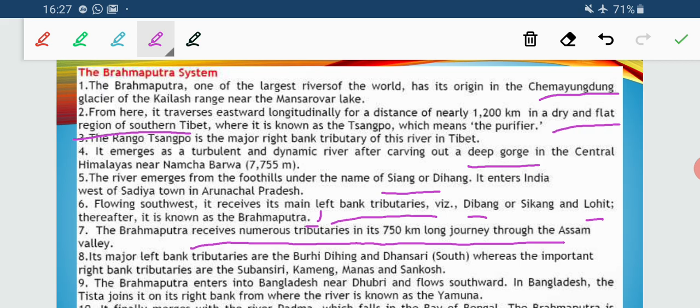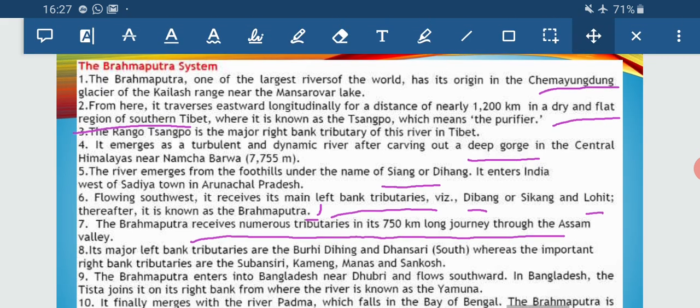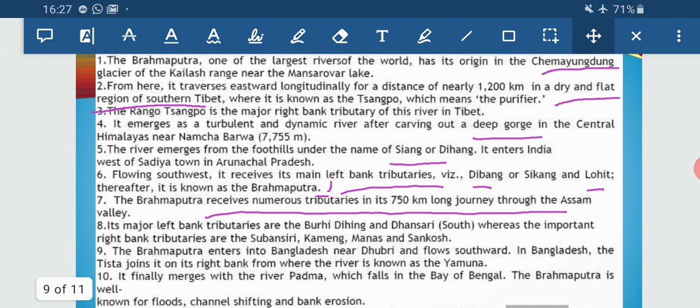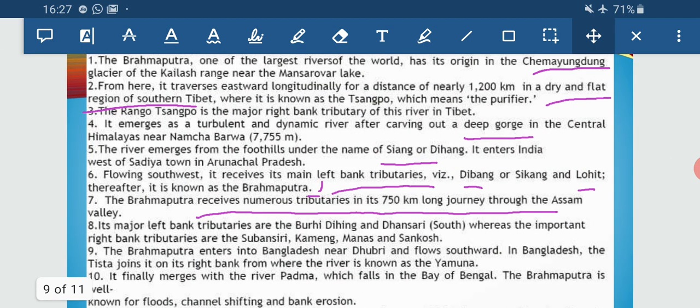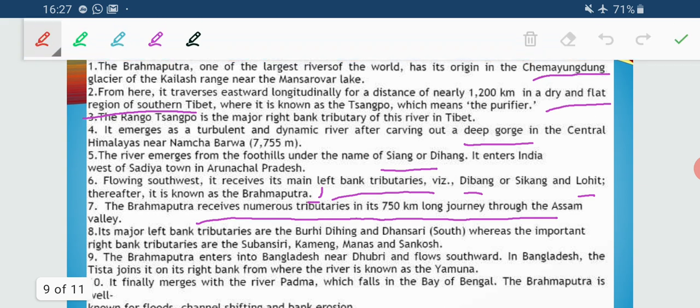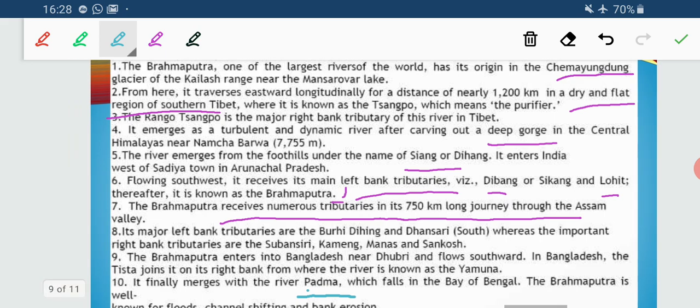Now when Brahmaputra enters Bangladesh, there it is named as Jamuna. It is written here as Yamuna, but actually the spelling is Jamuna. It finally merges with river Padma. Padma means the Ganga. When it enters Bangladesh, there it is termed as river Padma, which falls in the Bay of Bengal,